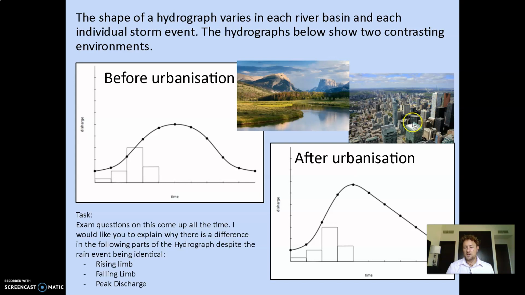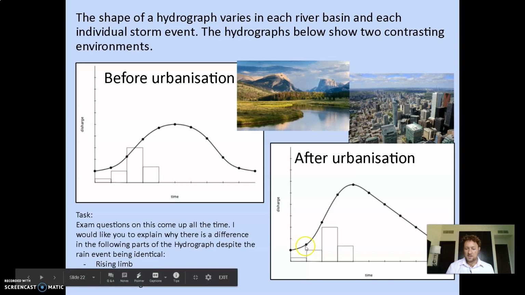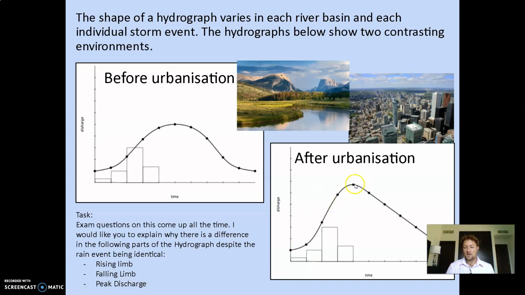Whereas here, all the water rushes over all the tarmac and concrete straight into the river channel, and so you get this fast rising limb, where the amount of water in the channel rises quickly, and then it peaks higher because all that water gets into the channel quickly, so the amount of water is higher in the river. Okay, whereas in the vegetated drainage basin, that water that gets into the channel earlier will flow down the channel and out to sea or further down the river, and then the water that's been stuck in the soil and in the ground makes its way into the river, so you get this long peak,